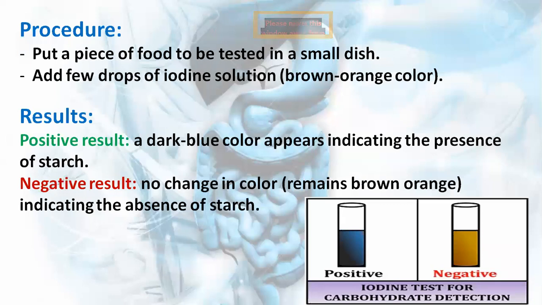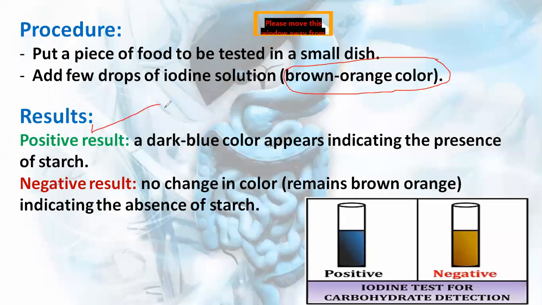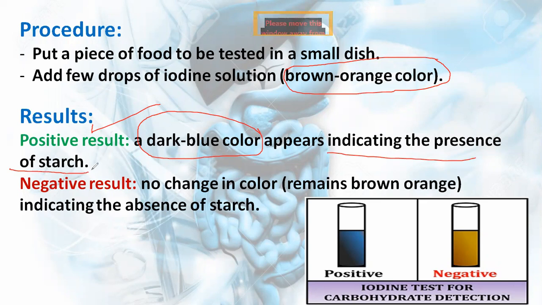What is the procedure? Put a piece of food in a small dish and add a few drops of iodine solution. It has a brown orange color. Sometimes they say it's yellow orange color. It's okay. So, brown orange color. Here are the results. If it's positive, a dark blue color appears. Dark blue color indicates the presence of starch. However, the negative result is no change in color. The solution remains brown orange. So this indicates the absence of